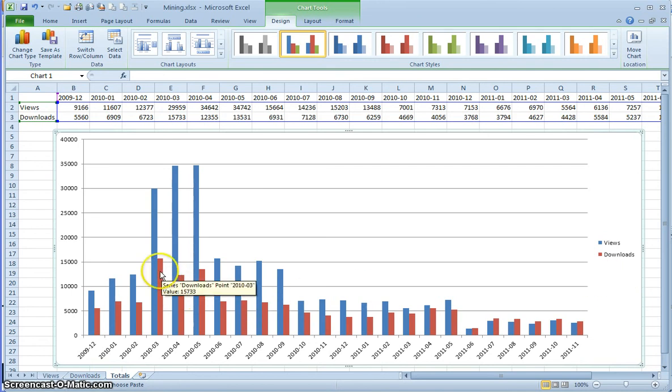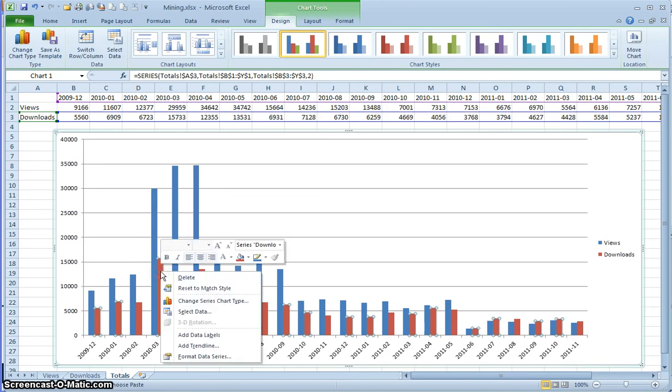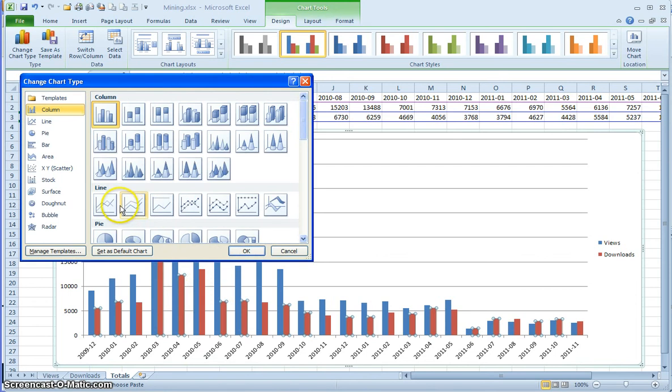So you can see the downloads side by side with the views. What if we wanted to see this as a line chart though? You can actually do two different kinds of charts in the same spot. So I've just selected that series for downloads and then right clicked, and I want to change series chart type. So I'm not changing the entire chart, I'm just changing the series, that one column of values. Change it to a line,